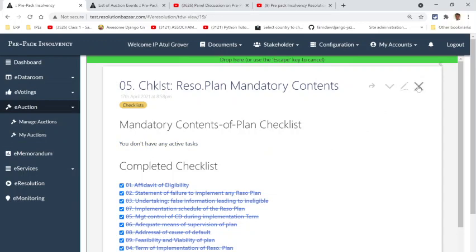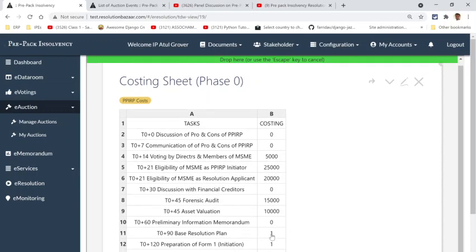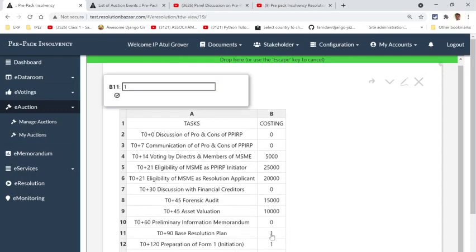So as I said, making a resolution plan can get very tricky. You might have to go to an insolvency professional, somebody who knows how to make a resolution plan, and he could charge you close to 1,50,000 rupees. It really depends upon the company size and what kind of plan it is.